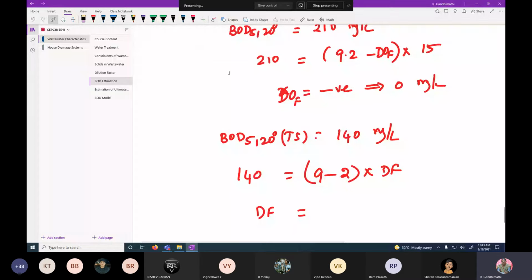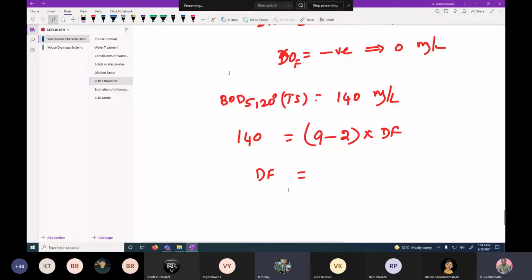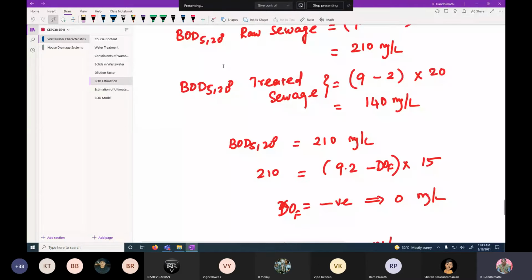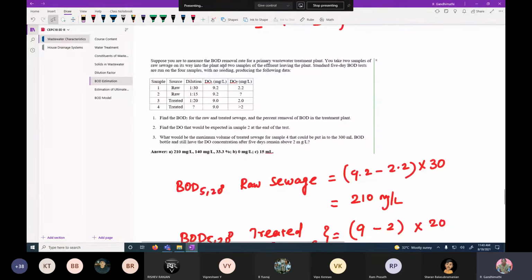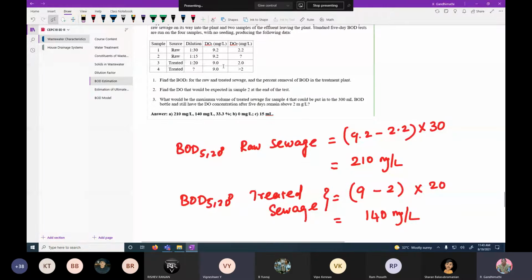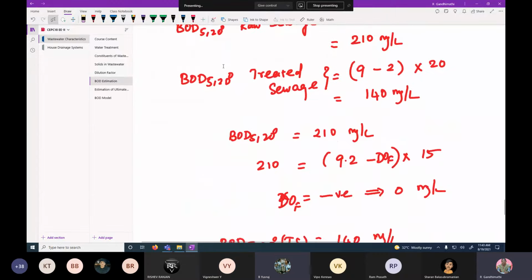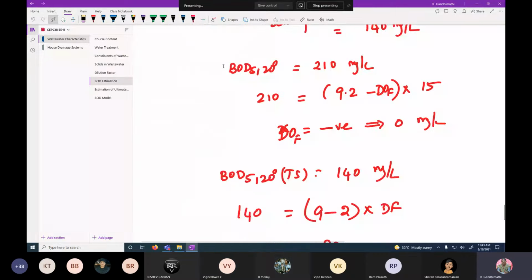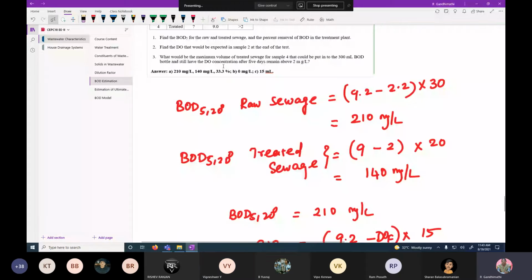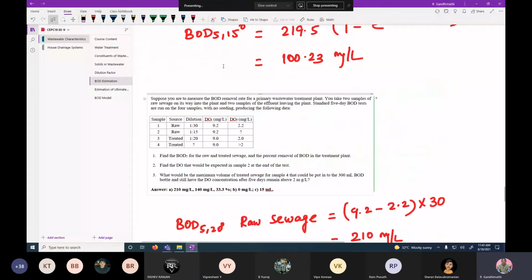Okay. But the question is the volume of treated sewage. DO final is given. It is greater than 2. But we have to find out the dilution factor, no?